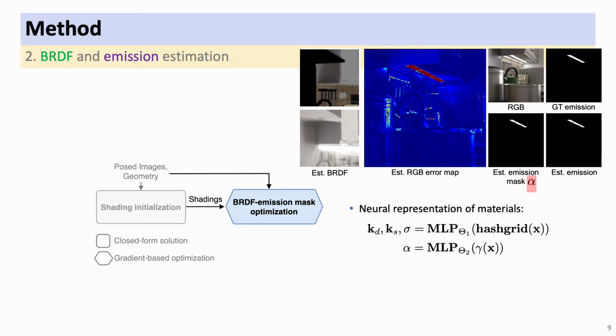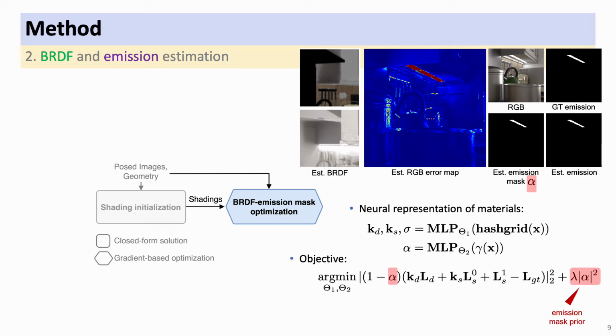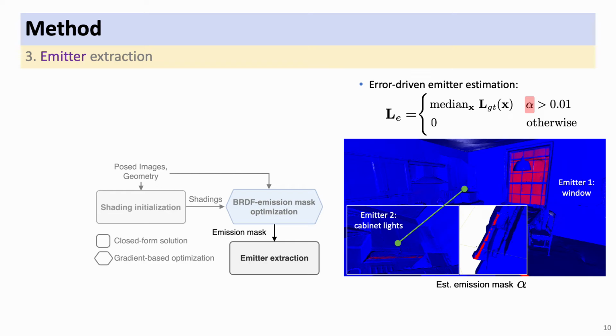We use a neural representation of materials. For emission, we optimize without an emission term, but with an emission mask alpha with sparsity constraint. Surface emissions are then extracted in closed form by thresholding on estimated emission mask alpha. Our emitter estimation is significantly faster than joint optimization of emission and BRDF parameters, and suffers less from the ambiguity